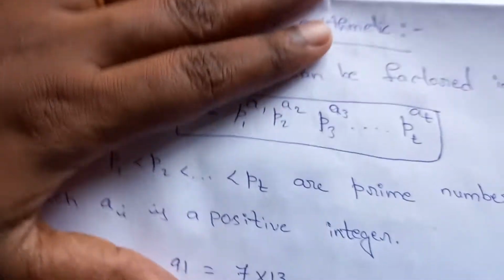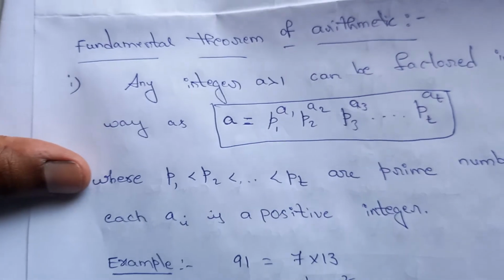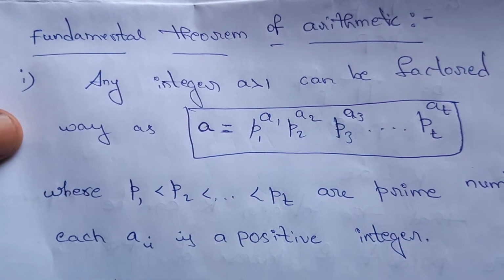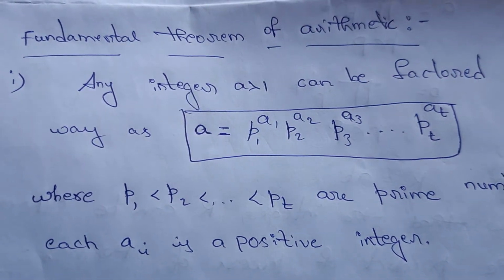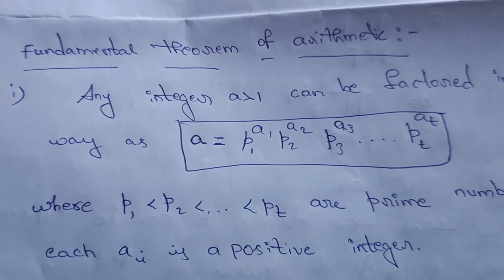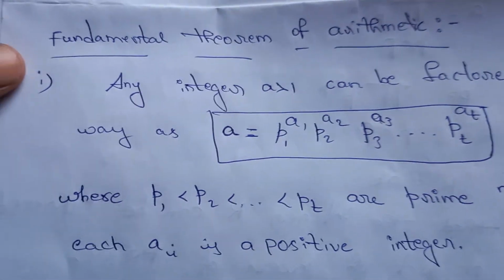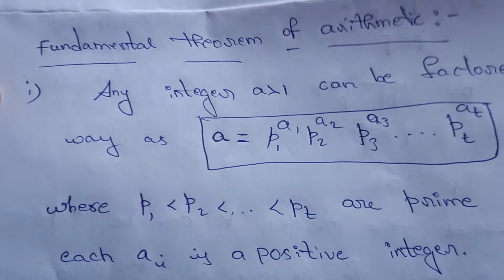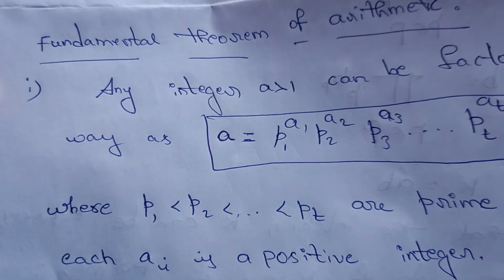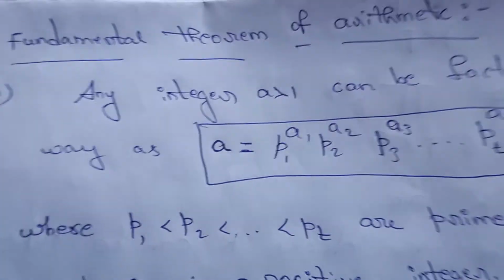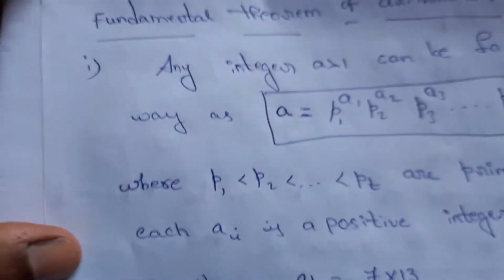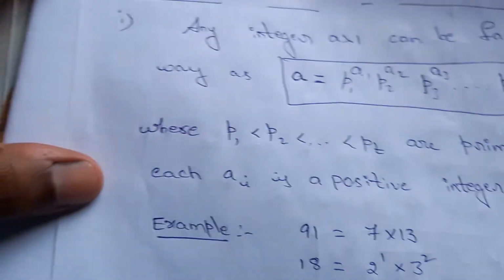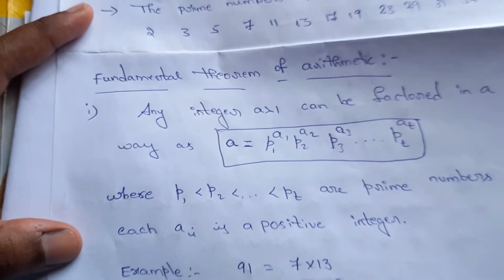here are some uses of prime numbers in number theory. The fundamental theorem of arithmetic uses prime numbers. So here we are going to discuss the use of prime numbers in number theory, the fundamental theorem of arithmetic. Suppose you consider any integer a greater than 1, it can be factored in a unique